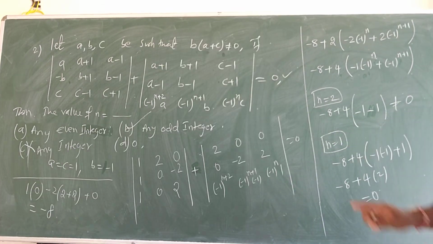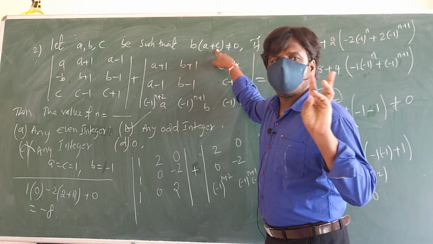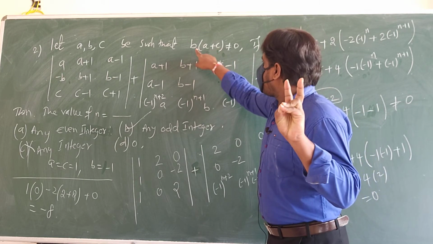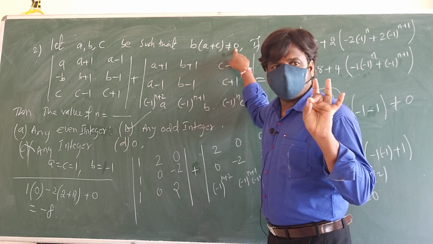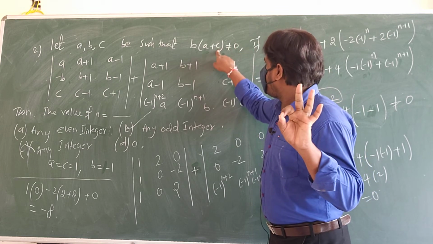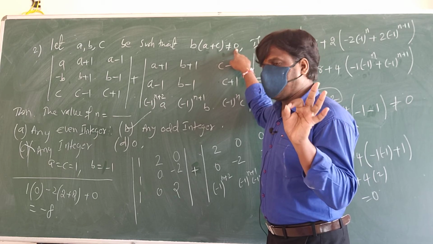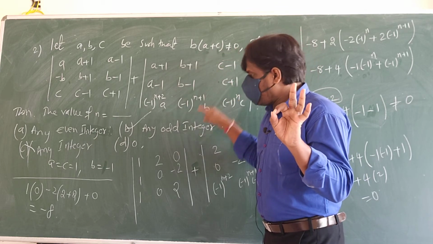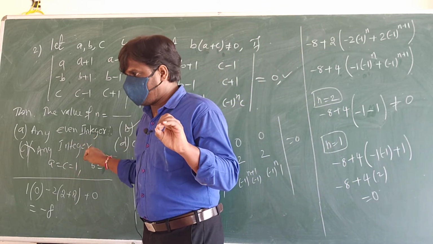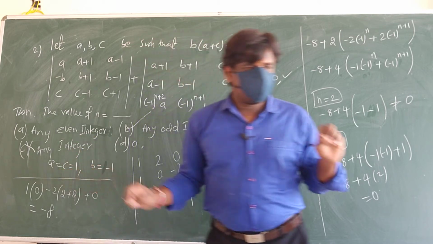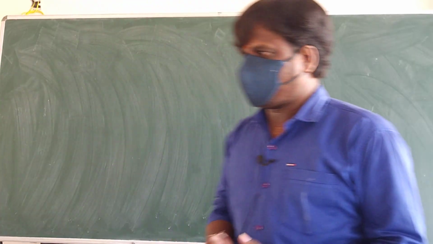See here, these A, B, C values you can take anything. The rule is: A plus C into B should not be 0. You can take A, B, C numbers anything, but if you get 0 with this, that one you should not take. Except that you can take anything. For convenience, here we took A 1, 1, minus 1 to get an easy way, meaning simplification. Okay? For JEE, no method is needed. Right?